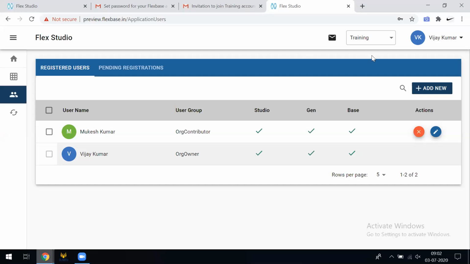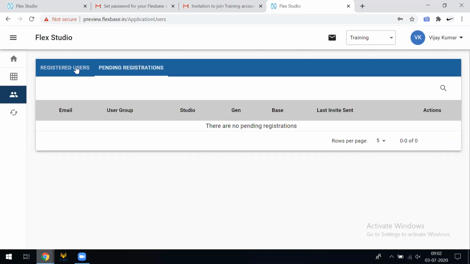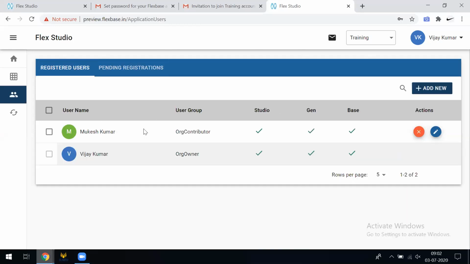Okay, so this is the admin login of Vijay Kumar. Now, as you can see, in registered users, along with Vijay Kumar, Mukesh Kumar also is showing up. So in pending registrations, no one is there. Mukesh Kumar is in registered users now, as he has accepted the invitation.